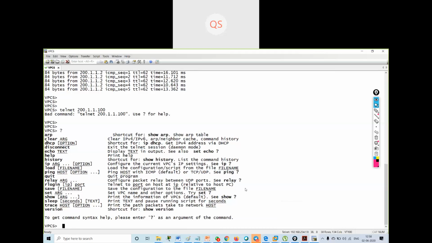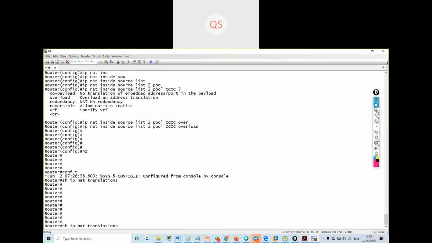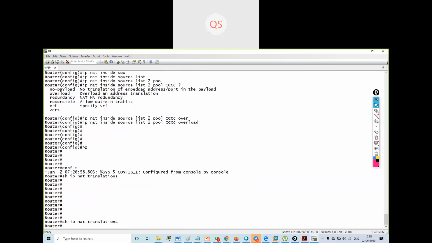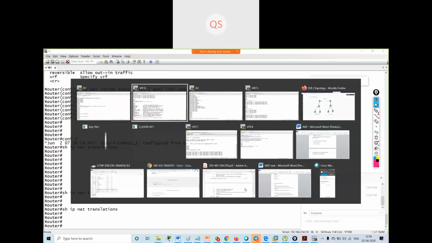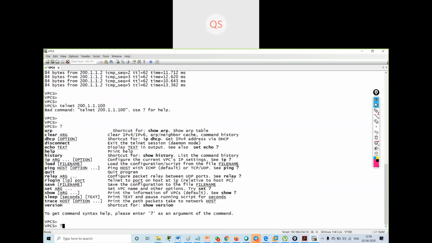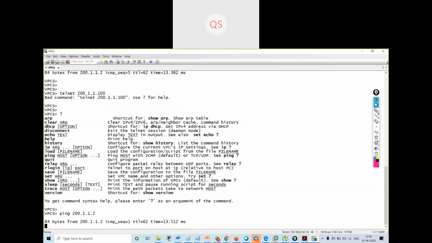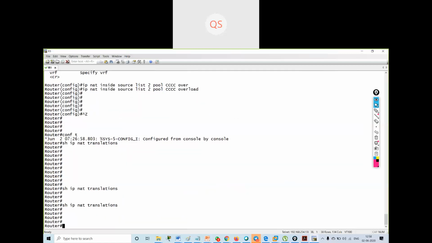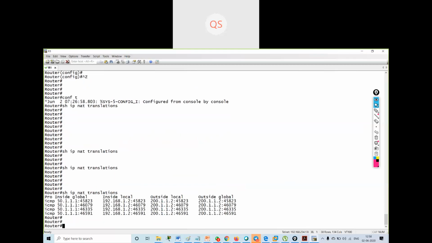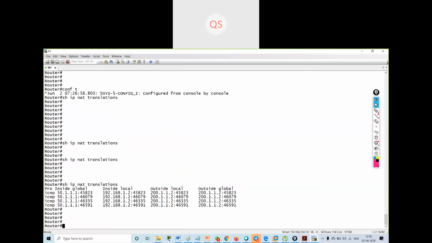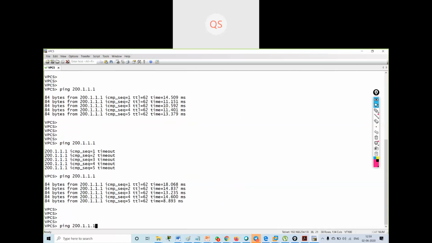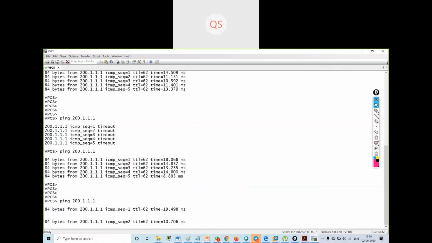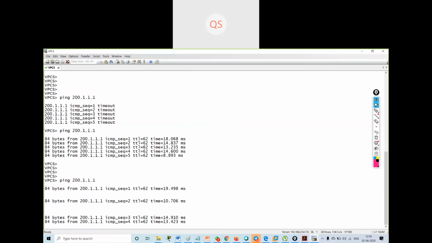So we can check the NAT translations, show ip nat translations. Okay, I will say ping. See, I have got the translation. I got the IP address 50.1.1.1. If I go on PC5 and ping, I will get the same IP address.